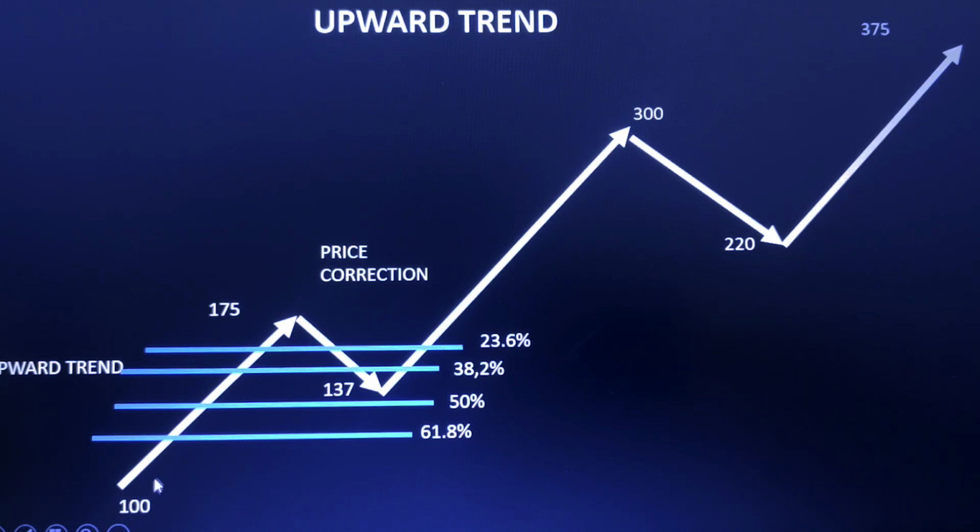Suppose you are long here and you have a long-term view that it will touch 375. Then, when some small correction happens, sometimes you will be worried whether this is completely reversing the price. In that case you can keep a stop loss somewhere below this level and continue with the position. Even if it retraces to 61.8 percent, if you are keeping your stop loss below this level, it won't trigger. And if you add to your position at some of these levels, it will give you a good return too.